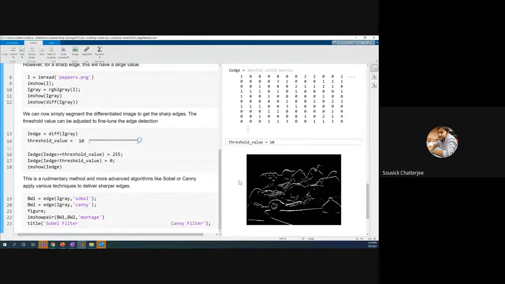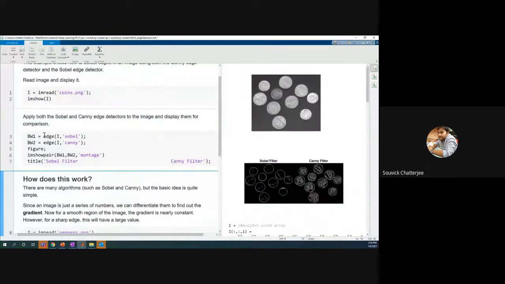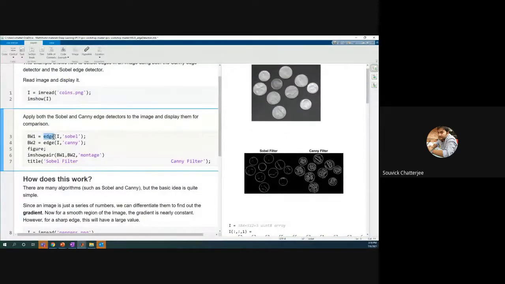Basically, it depends on that thresholding technique, both Sobel and Canny filter. There are certain parameters that are different, which give rise to these changes. But if you have to do edge detection, the very simple way to get started is using edge. And then of course there are multiple ways by which you can make it better, by changing the parameters, by manually intervening and changing the thresholds and so on.